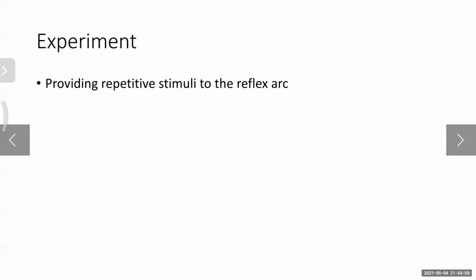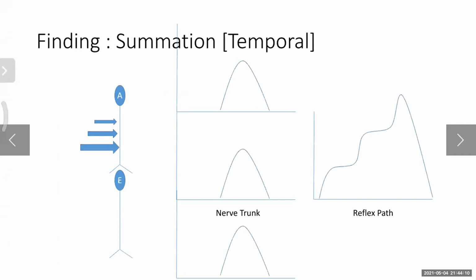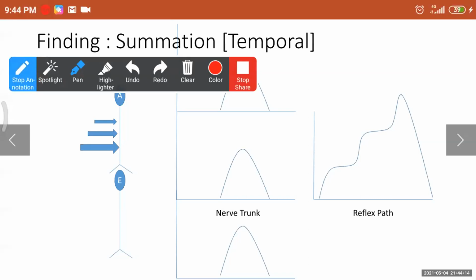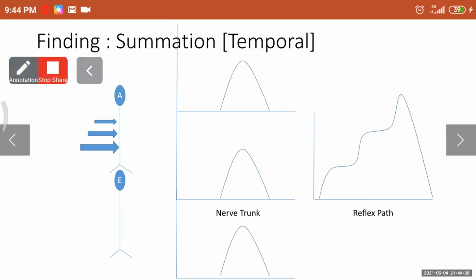He provided repetitive stimuli to the reflex arc, and he studied what happens to the output when these repetitive stimuli are given. So here I have compared two things. One is a simple nerve conduction, this is that of a simple nerve conduction, and the other is across a reflex path. During the simple one, here you can see that he had given a lesser stimulus, a higher stimulus,